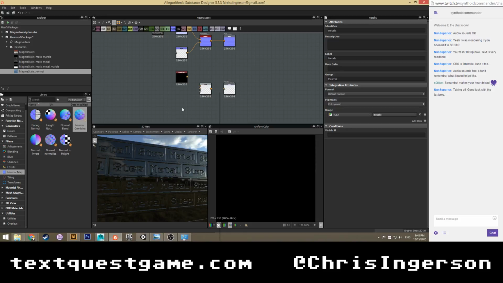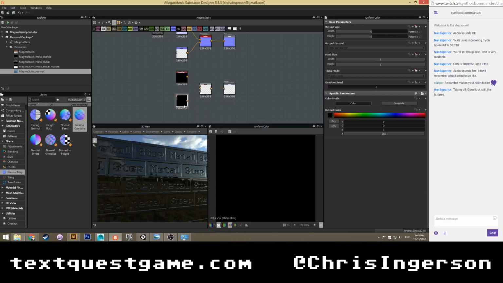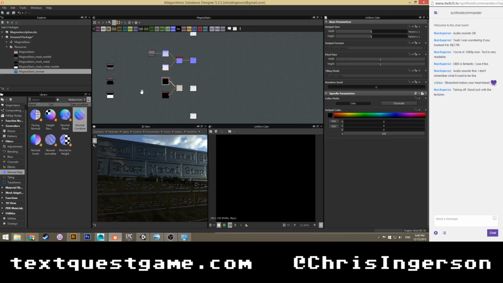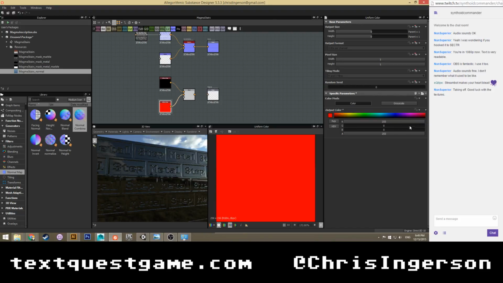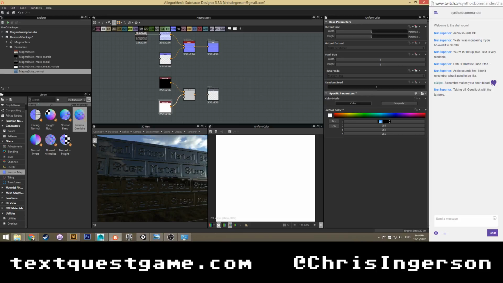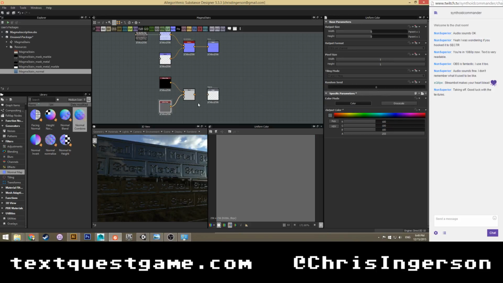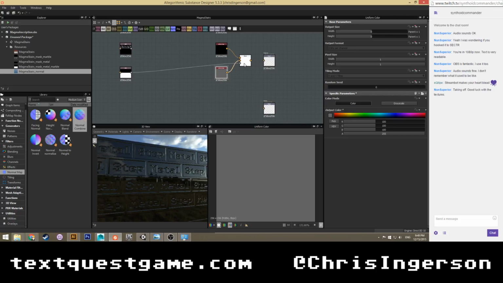There's our uniform color. There's our other uniform color. Go in here and in here. And let's set you to be more of a white. This will go all the way. Let's go to 100 each. Alright. So this is our base.